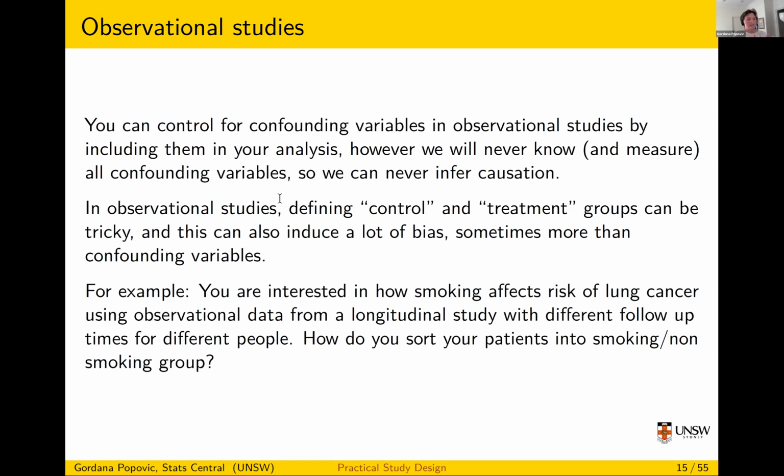So do you define somebody as smoking if they've ever smoked? And what if they started smoking after, are you going to take into account if they started smoking after they got their lung cancer diagnosis or before they got their lung cancer diagnosis? Do they have to smoke for a period of time, say 5 years? Do they have to smoke a certain amount for you to include them in the smoking group? There's a million ways to make this decision. And each of those will include different biases in what your analysis is going to eventually be. So it's really important to think about how to create these groups in an intelligent way.